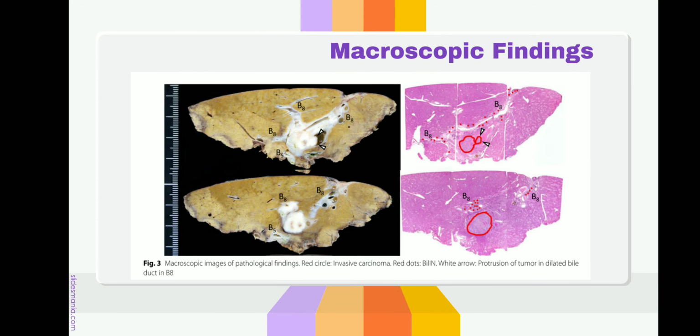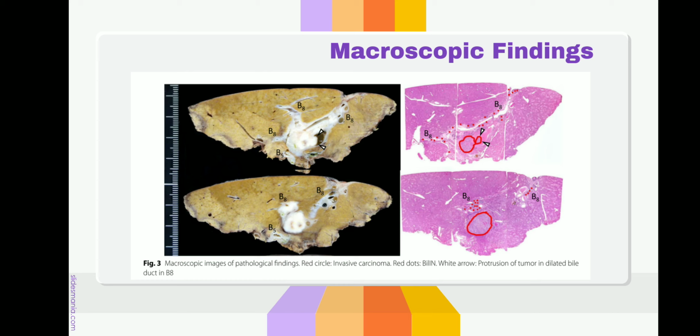Macroscopic findings. Here we can see that the red circle shows invasive carcinoma and the white arrow shows protrusion of tumor in the dilated bile duct in the section B8. So the macroscopic findings were a well demarcated solitary tumor extending to the dilated bile duct, found in the